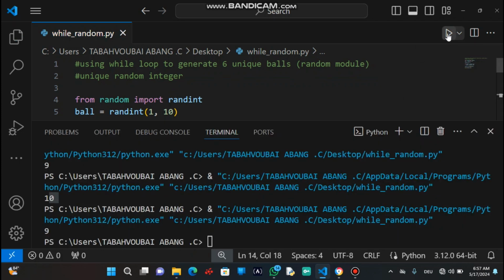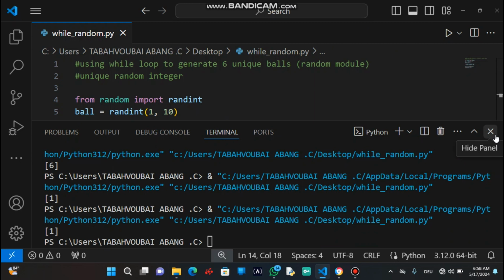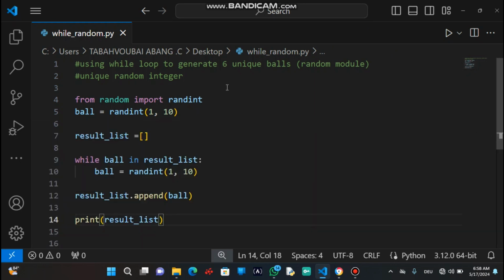Okay, so here in the list we are having 3, now you are having 9, 6, 1, 1. So here you have seen that we are adding values, but the aim was to have 6 unique balls.